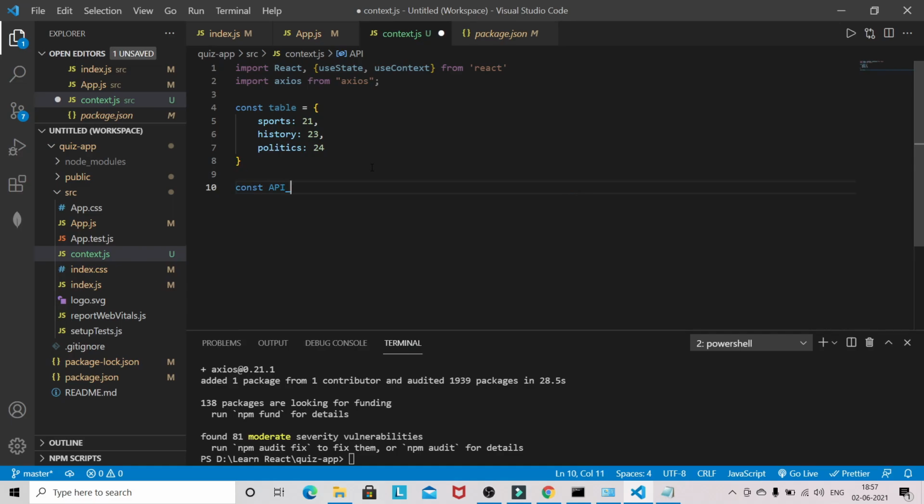Okay, const API endpoint. So this is the endpoint, https. A lot of typing mistakes happening with me. opentdb.com/api.php.